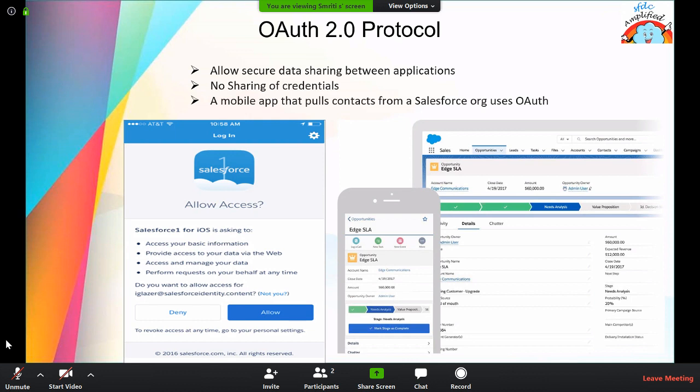So you can see here, to the right image, we have the HSLA opportunity in the org in the back image, and in the front we are seeing the same thing on the mobile. Basically, once we click allow access in the Salesforce mobile app, it gets all the data from the Salesforce org. So this is one example of the OAuth 2.0 protocol. The next one